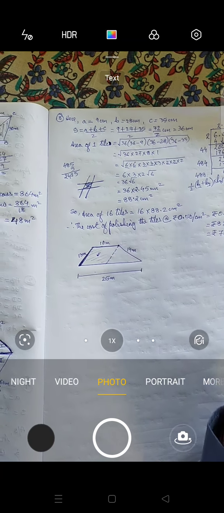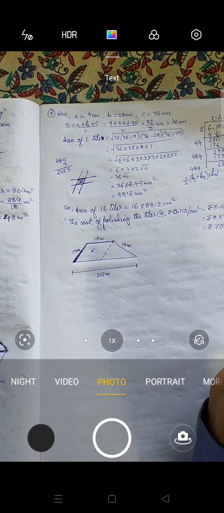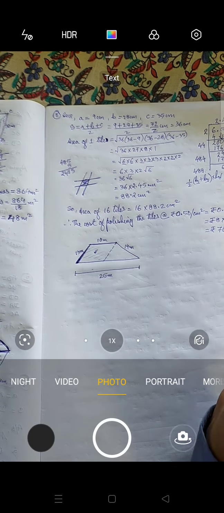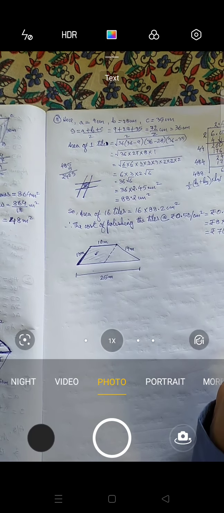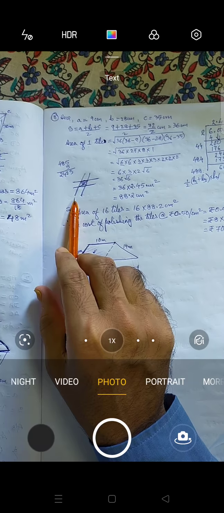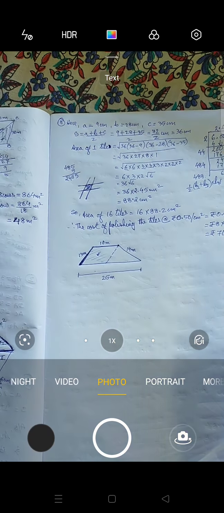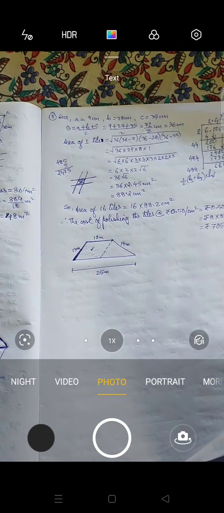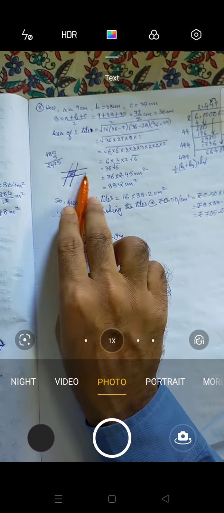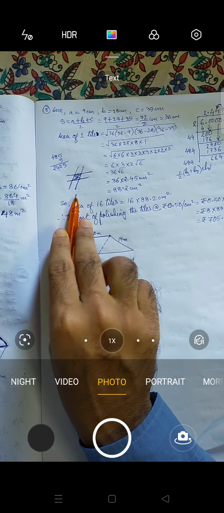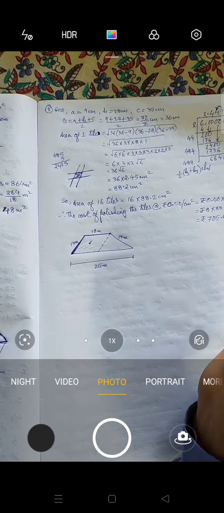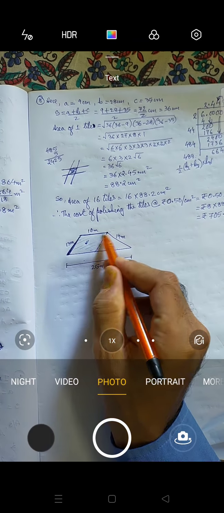For that you should know congruence of triangles. Now, congruence of triangles you have not studied yet. So in chapter 7 when I teach you, that time I will tell you that if two parallel lines are intersected by another pair of parallel lines, then it forms a parallelogram. For now you just remember that it forms a parallelogram. How? I will teach you in chapter 7. So you have to remember that this is a parallelogram.